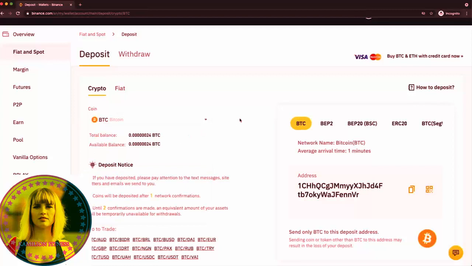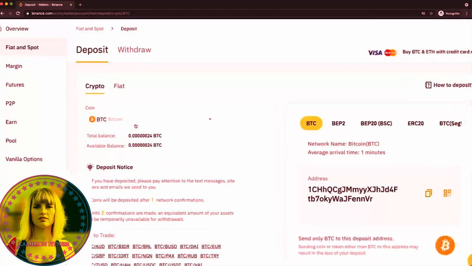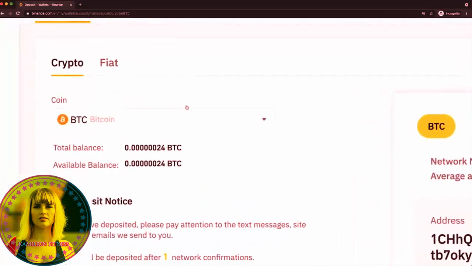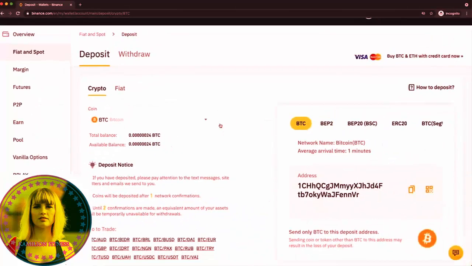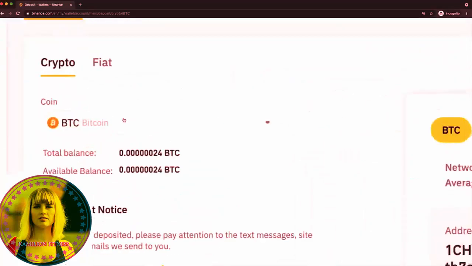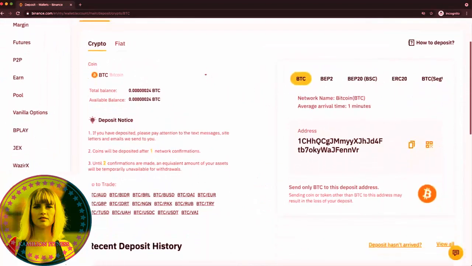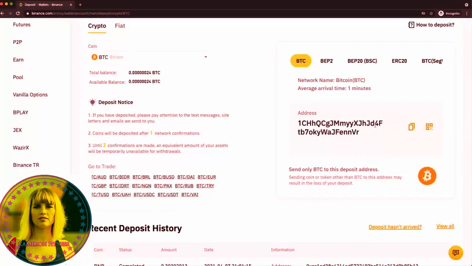And here it's very important that you actually choose the right coin, because if you have selected Bitcoin here and then you're going to send Ethereum to this address, then you're going to lose your Ethereum. So it's very important that you focus here and then you actually choose the correct coin and send the correct coins to the correct addresses here. So I'm going to choose Bitcoin here, and then this address right here is the address that you want to send your Bitcoin to. So you can just click on copy address right here,